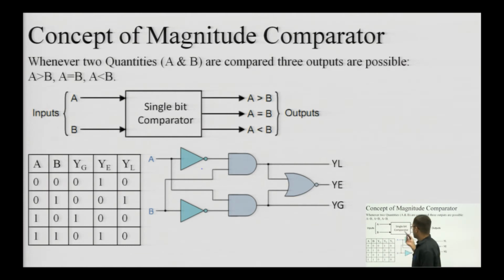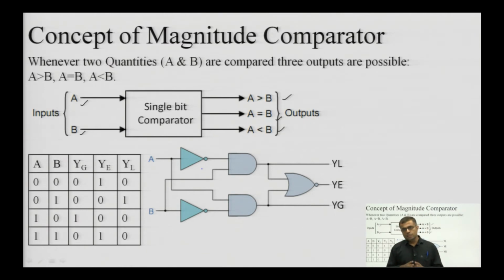Okay. So, this is another combinational circuit in which we will be comparing 2 numbers A and B and the outputs can be A greater than B, A equal to B, A less than B. So, for any comparison there can be these 3 outputs no matter what the size of the comparator is. Okay. So, A and B can be of any size: A and B can be single bit, 2 bits, or n bits. Okay. So, this is how to implement that concept.